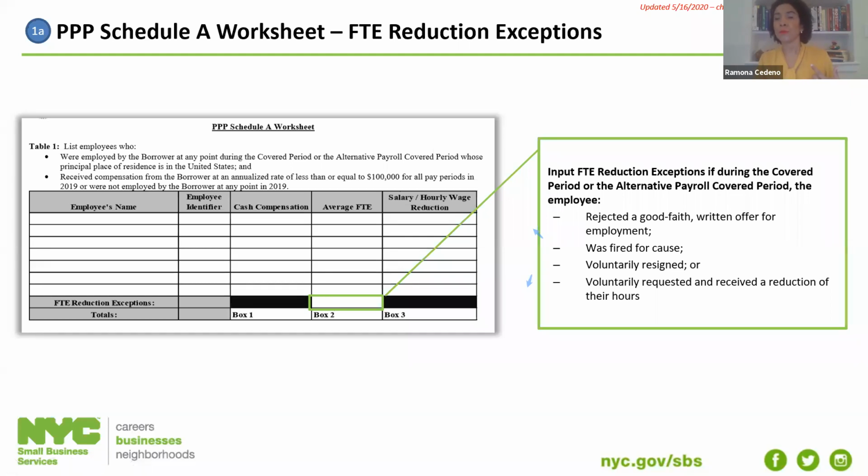If you fire someone because of performance or conduct, that would go in here. If someone leaves voluntarily, so yes, if someone leaves voluntarily, that would add up into your FTE Reduction Exceptions. So what that means